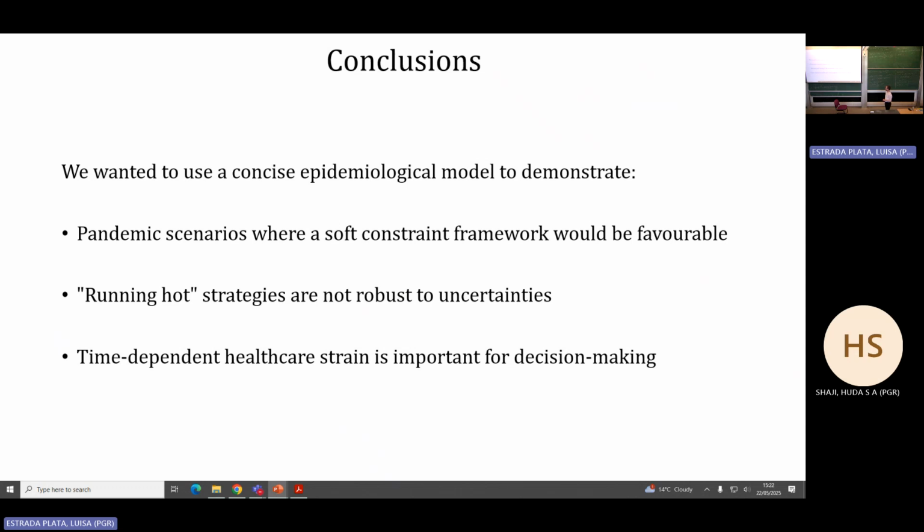So in summary, we've reviewed some of this optimal control literature, looking at how they've treated constraints in the past for healthcare capacity, and we've argued that if you want to increase the relevance to policy for some of these studies, then you should think of alternative frameworks for implementing your constraint on healthcare capacity. So it shouldn't just be when you exceed the ICU capacity line, but it should also take into account these long-term strain effects on the system.